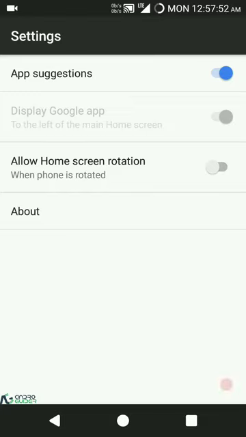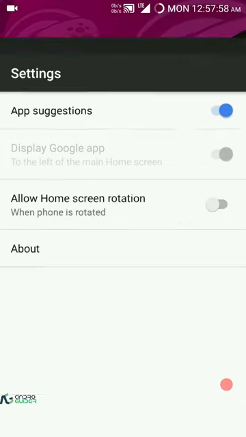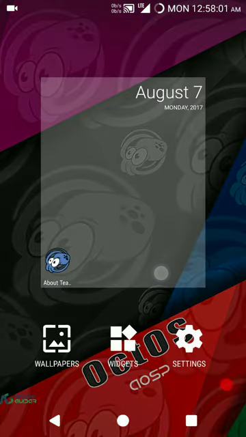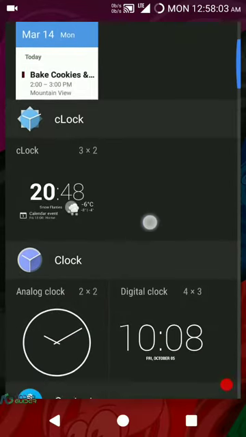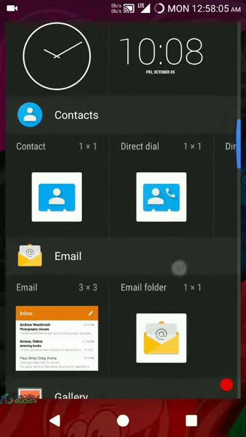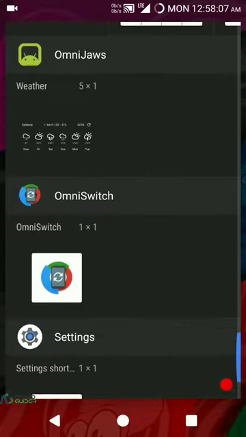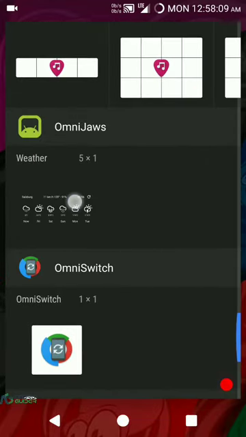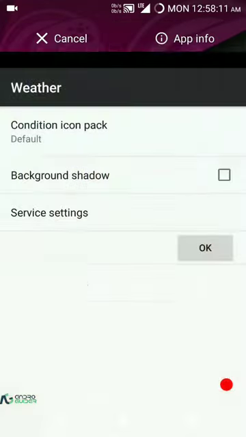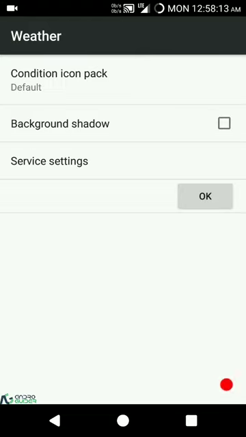And you can enable or disable the app suggestions, Google app if you have installed that, and the home screen rotation. And the widgets which we have: the clock widget, OmniJaws widget for viewing the forecast of the next couple of days,